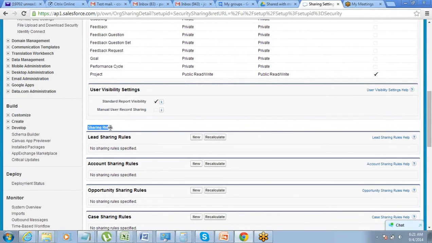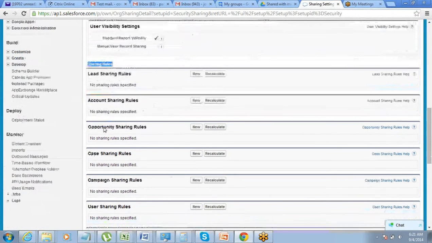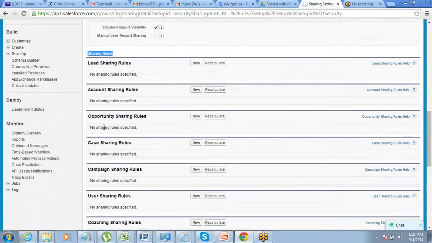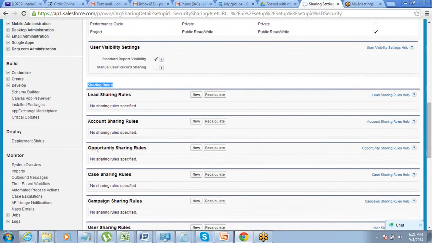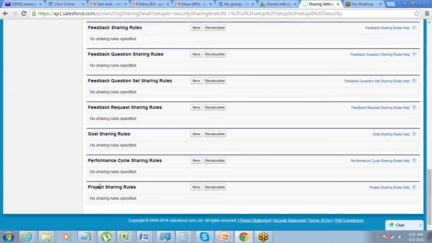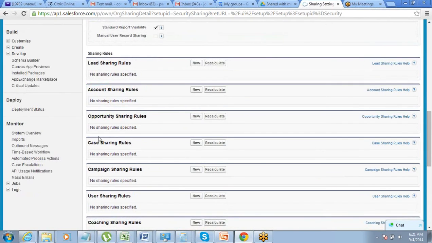So if you scroll down, you will find sharing rules. Sharing rule is also available for each of the objects, for lead, account, opportunity, whatever object, or all your custom objects, right? Now you want to define sharing rule for account, which is restricted. We have made it private. So I want to define a sharing rule for it. I'll just come here, click on new,